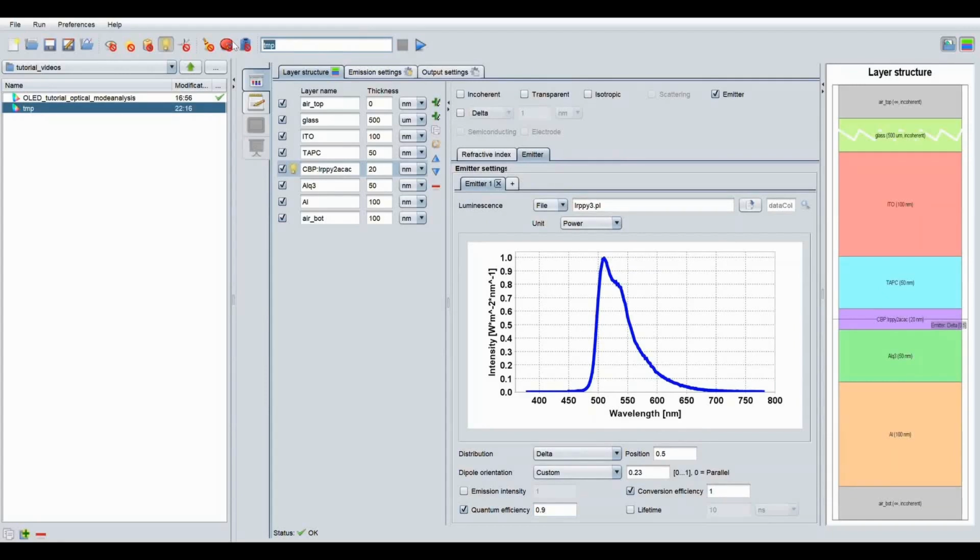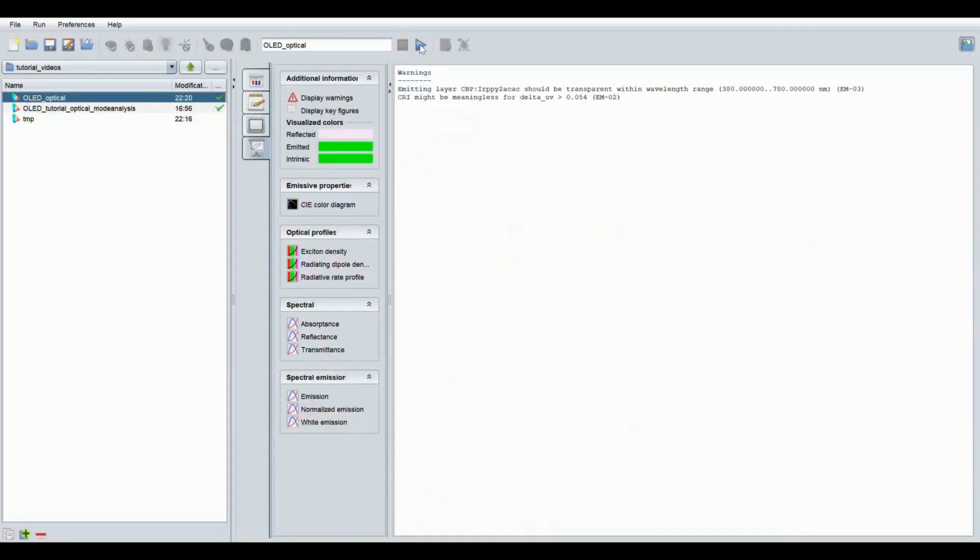Now we can rename the simulation to something like OLED optical. This is very fast. We immediately see here this bright green that is emitted.